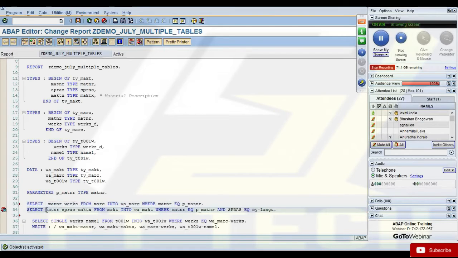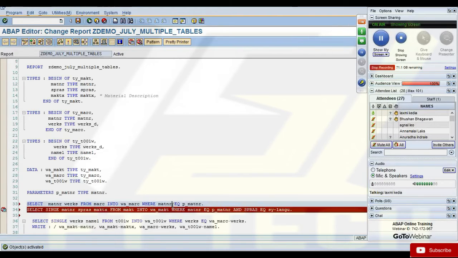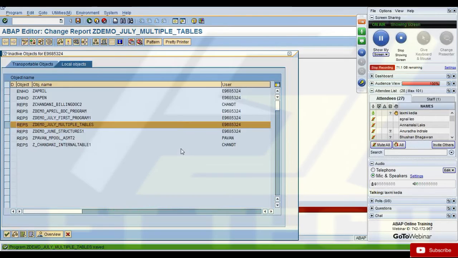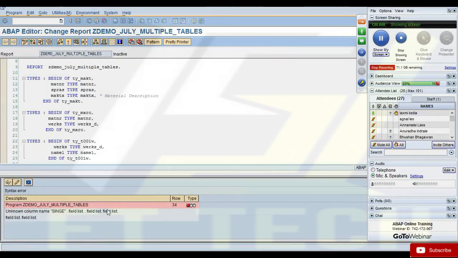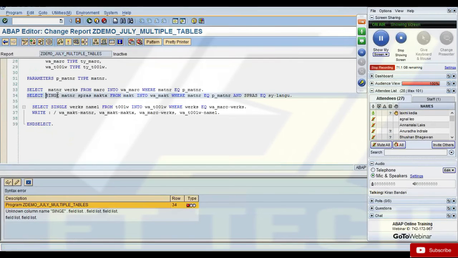So if we restrict that first record as a single record, like if we include SPAS also, and if we can confirm that only one single record would be fetched from the first table. No, as I said, it's not about the number of records. It's all about what is your major data that you're printing. So in this requirement, I said for a given material, please print me the plant details. And these plant details are available in MARC.